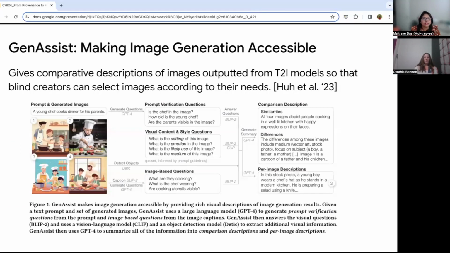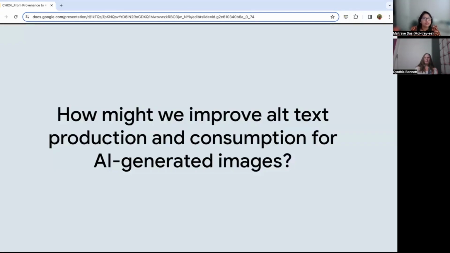In a recent study that came out last year, Hai and colleagues developed a tool called GenAssist that provides comparative descriptions of images outputted from T2I models so that blind creators can select images according to their particular content needs. And this is a great step towards AI image accessibility from a creator perspective. However, we are still missing perspectives from consumers who may read alt text for AI images that are created and shared by others. So with these in mind, we focused on understanding how we might improve alt text production and